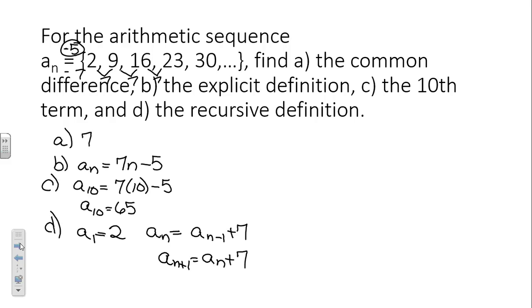Okay, our explicit definition said that C is equal to our first term minus the difference. Okay, this number is going to be your first term, take away 7. Okay, make sense? Other questions on this one? Okay, so